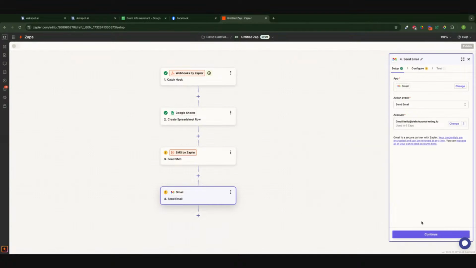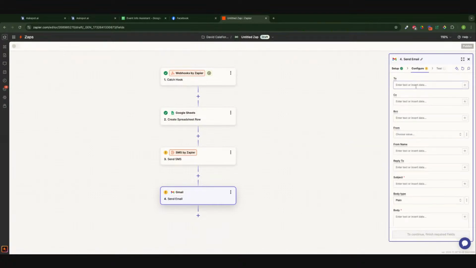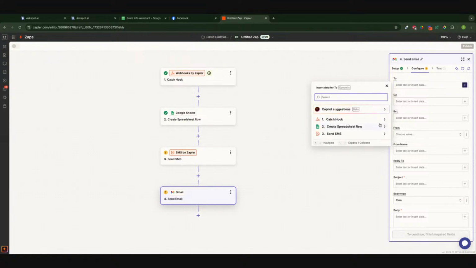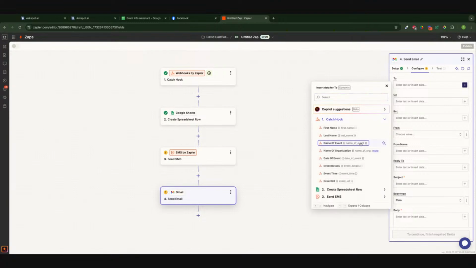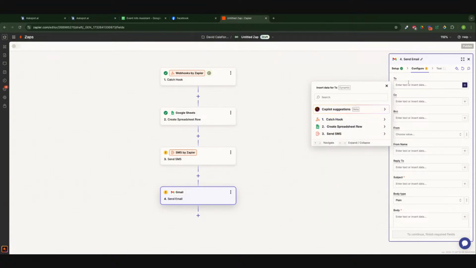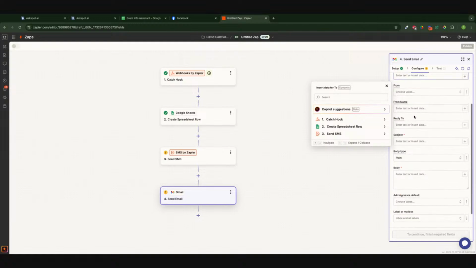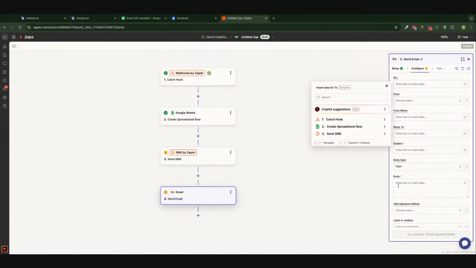You'll have to connect your Google account. And it's super easy. So the 2 is the person's email, we didn't ask for email. Did we ask for email, Drew? I forgot. I don't think we did. But what you would do is collect the person's email address, obviously. So you would choose their email address from the attribute tags here, and then you could simply build out an email that would be sent automatically every time an event is submitted as a confirmation to the person who